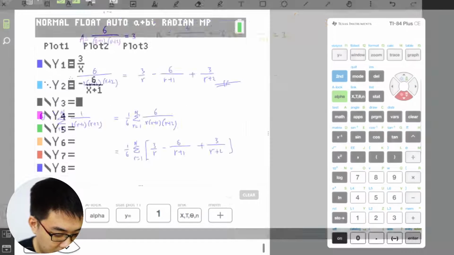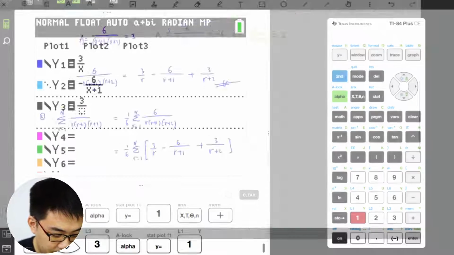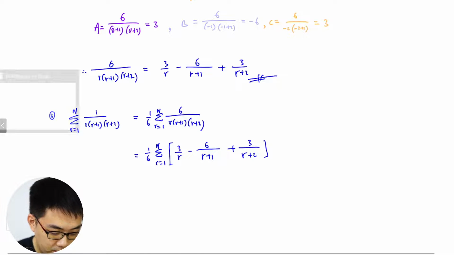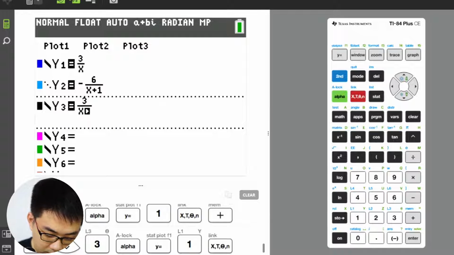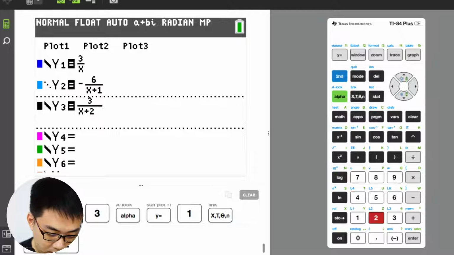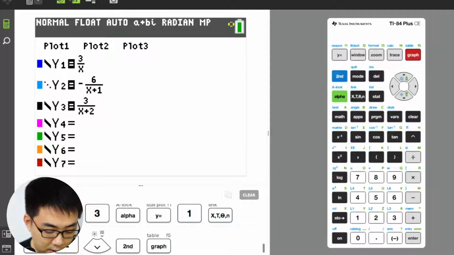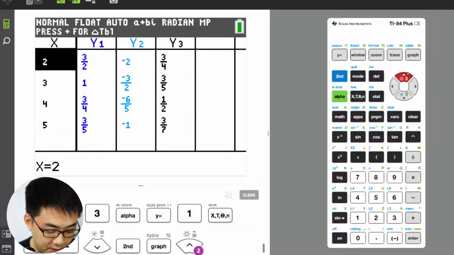And then you get the next one, which is 3 over r plus 2. Okay, r plus 2. Key this in. Then you just press second table. Just key all this in, you get the second table here. Then you just get this